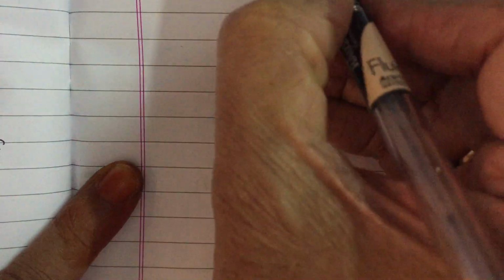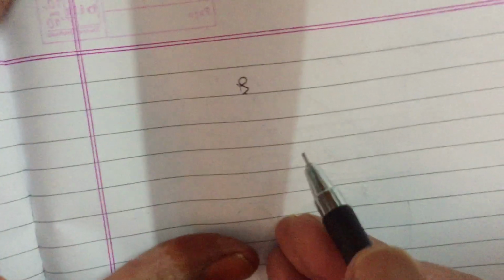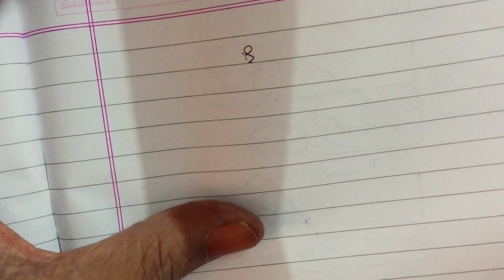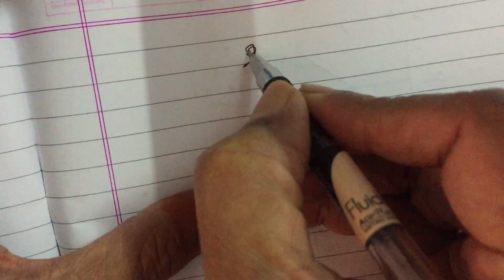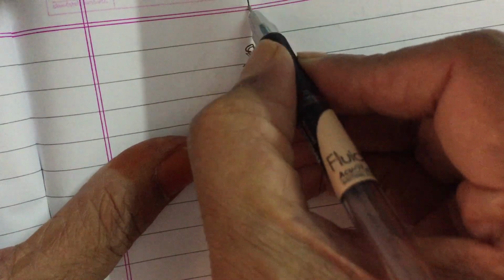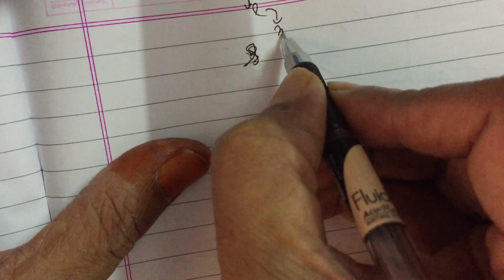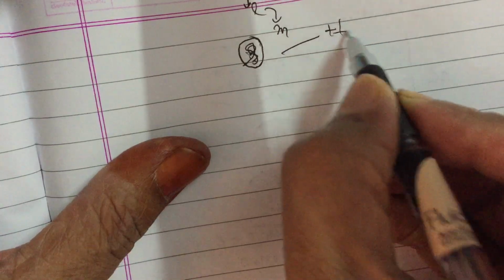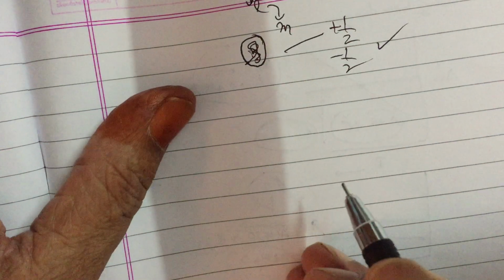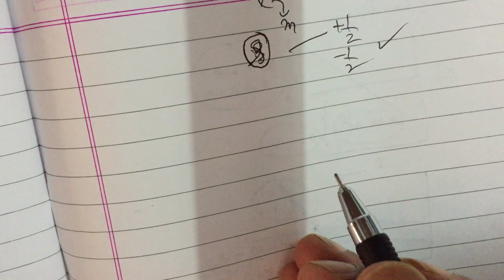Also, always notice that the three quantum numbers, namely n, L and m, are derived from the Schrodinger wave equation. Spin quantum number is not derived from the Schrodinger wave equation. Only the spin quantum number values are not dependent on the values of other quantum numbers. Notice that the L value is decided by n. The n value decides L, L value decides m, but no other quantum number decides the value of the spin quantum number. It can be plus half and minus half. It is not derived from the Schrodinger wave equation. That is one most important point.